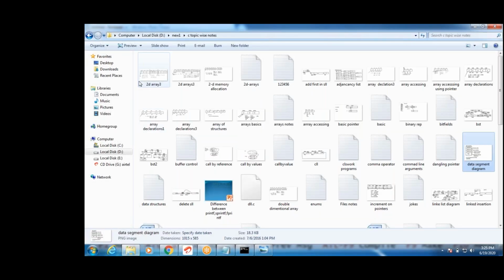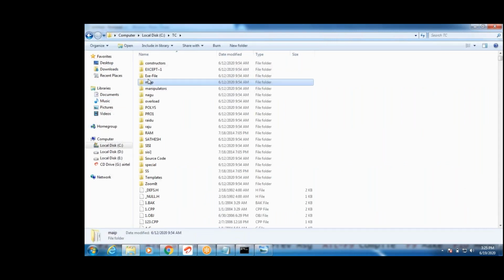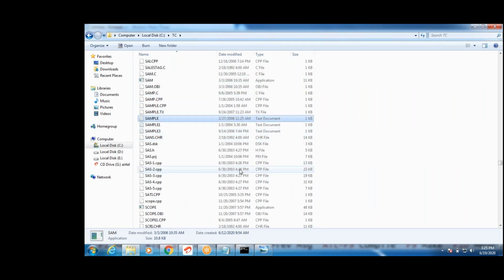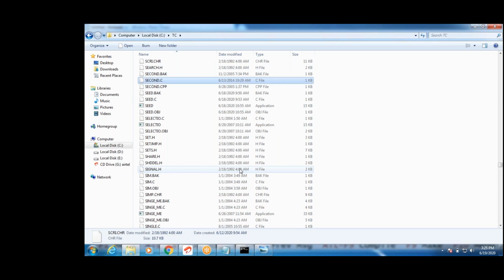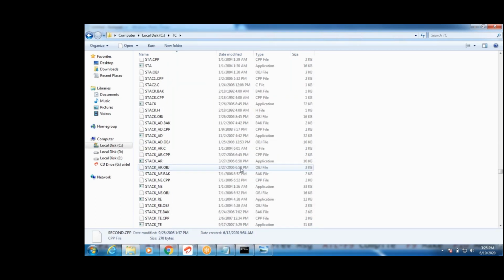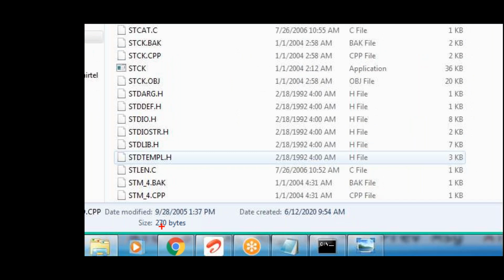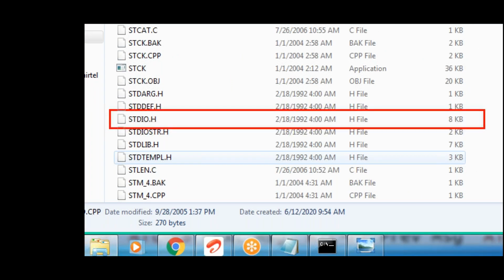I will show you, guys, the standard IO header file. How they implemented that header file, it contains only definitions, right? I will show you. See this stdio.h header file.